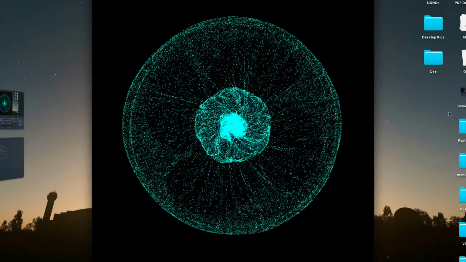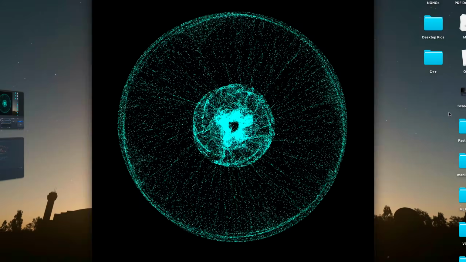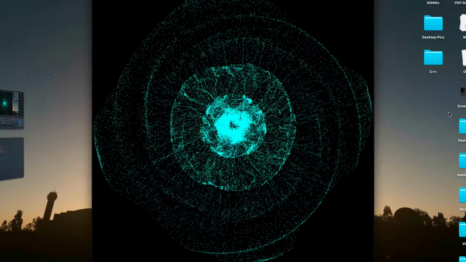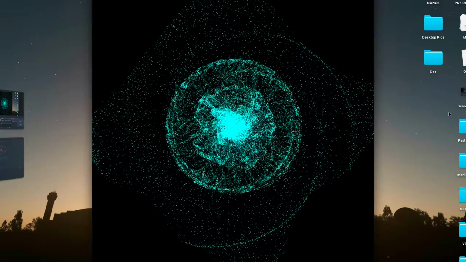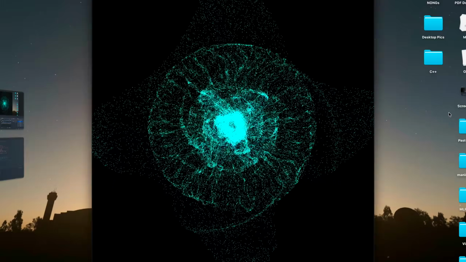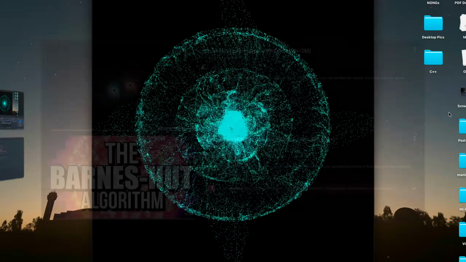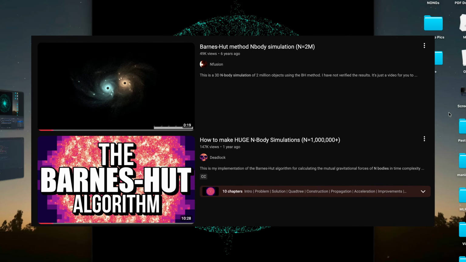Right now, you're watching an n-body simulation being run in real time. Hundreds of thousands of particles are mutually exerting gravitational forces on each other, and it's really quite mesmerizing to watch. If you follow programming content on YouTube, chances are you've seen similar simulations before, and for some reason these